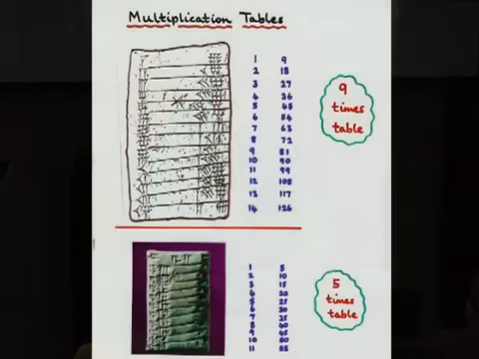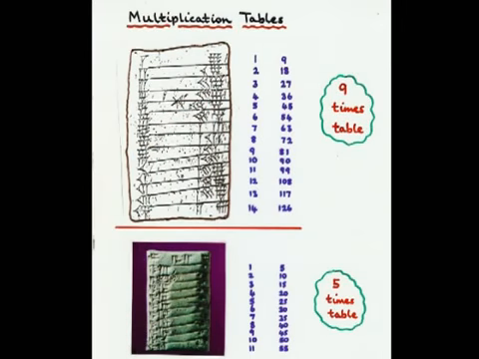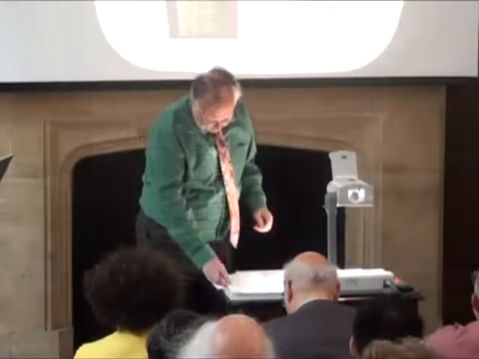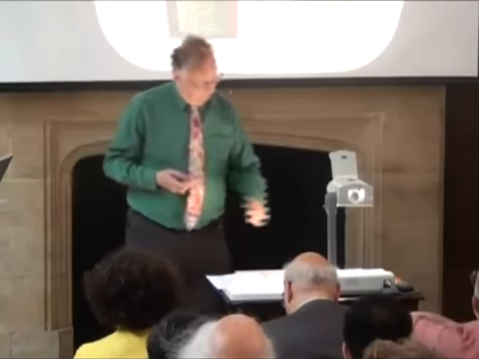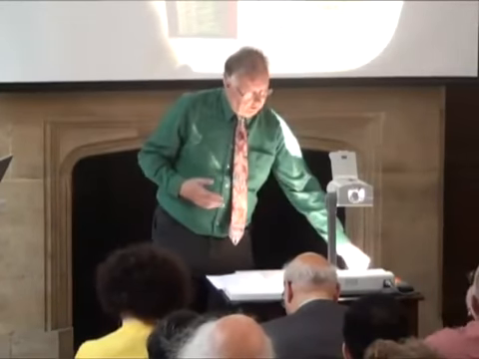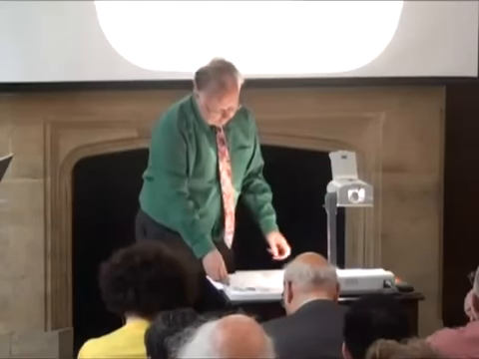There are several table texts, and some of these present multiplication tables. So here's the 9 times table. This is a drawing of it, and here's actually a picture of the 5 times table. You can see down here the numbers 1, 2, 3, up to 14, and multiply them by 9, and you get the answers on the right. So they have these tablets that they can refer to when they're doing their calculations. And there are lots of other tables. There were tables of reciprocals and so on. Quite a lot of things that they could use, just the way that we may use tables.